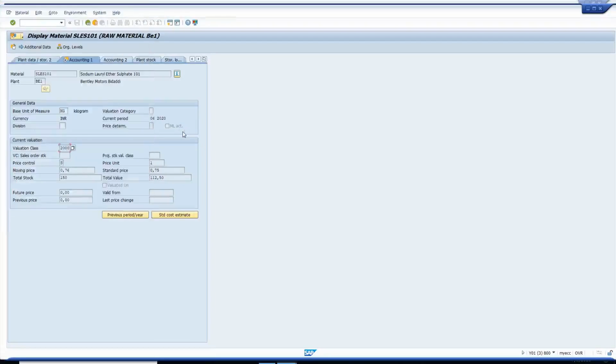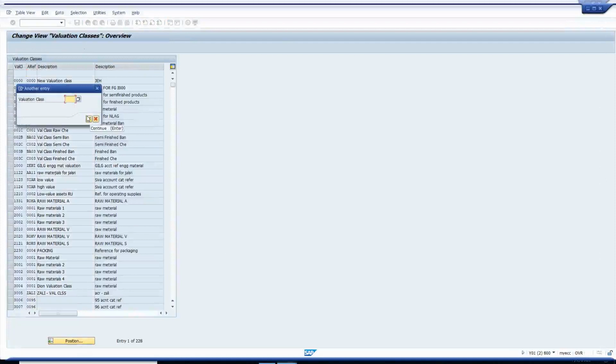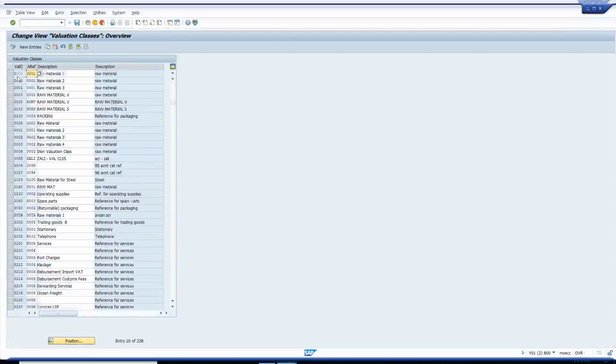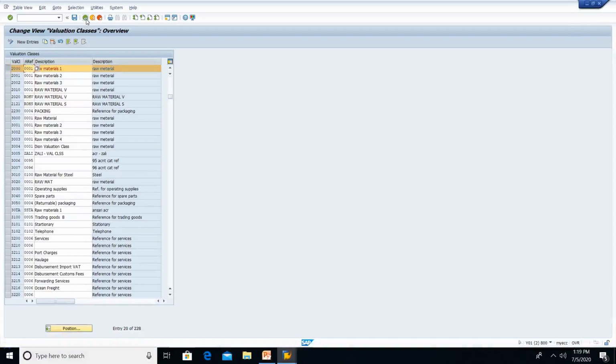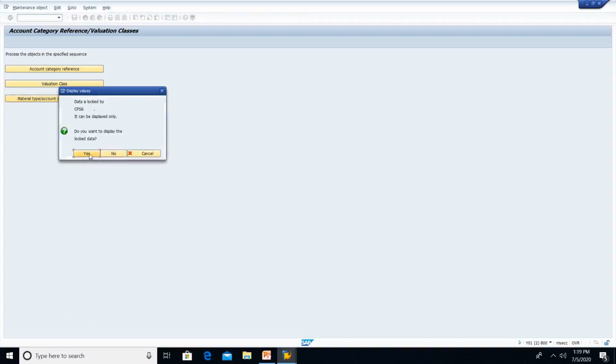Now there should be an assignment with 2000 valuation class and 0001 account category reference in OMSK. What is my valuation class? 2000. You can see 0001 has been linked. After this assignment, in the third step, we will be linking material type with account category reference.